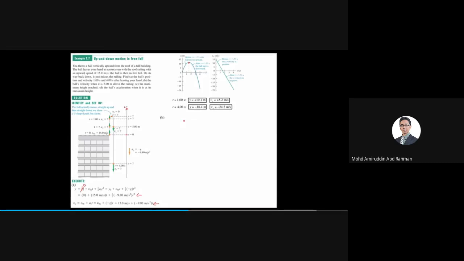For part B, I want to calculate the velocity when the ball is 5 meters above the building. There will actually be two times when it's 5 meters above the building. There'll be an initial time on its way up, and of course it's going to come back down to that same level sometime later. But since this question is not really asking for that time, I can just use the third kinematic equation that